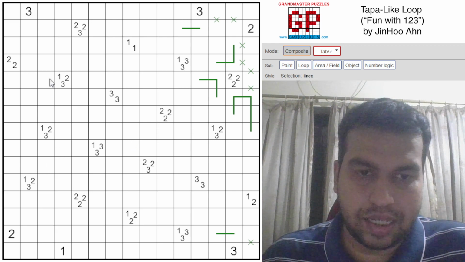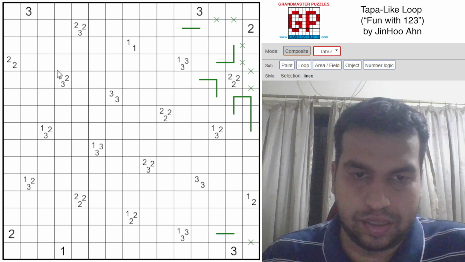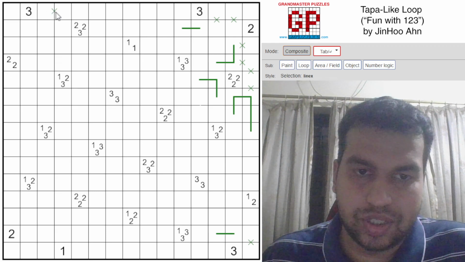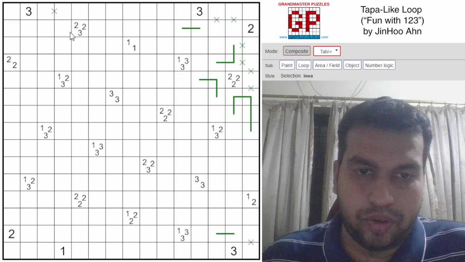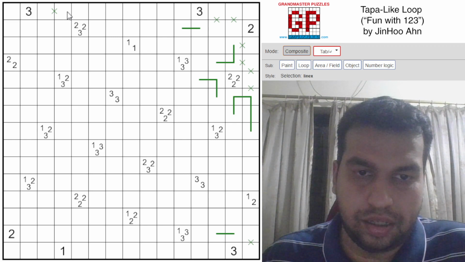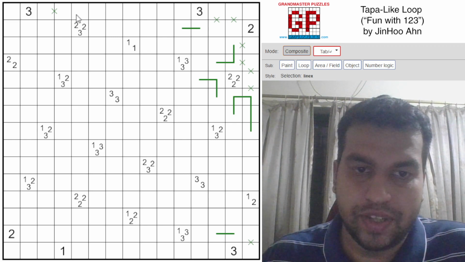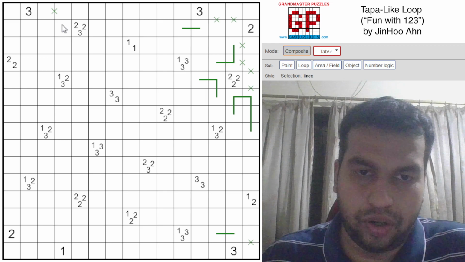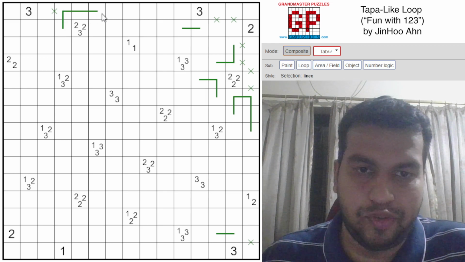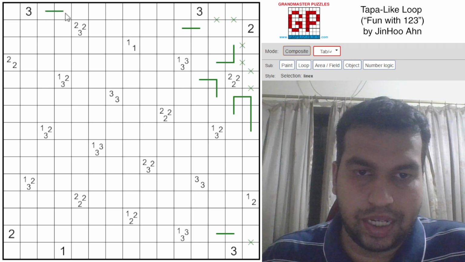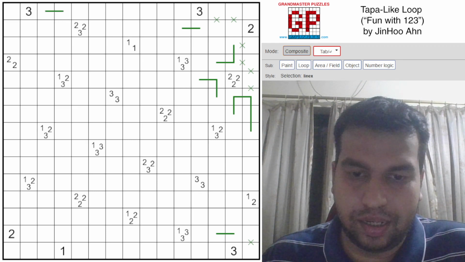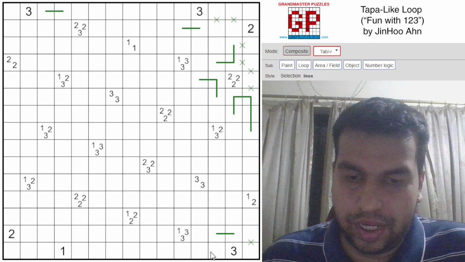Now, the crucial step in this puzzle after some of these trivial markings is to notice this. So, if this cell was crossed out, the space between these two couldn't be a segment. What would end up happening is either both these cells would be empty, which can't happen for the 2, 2, 3 clue, or you would have this, which is a 4 cell strand. So that's not possible either. So you actually have to have this segment, and similarly down here,